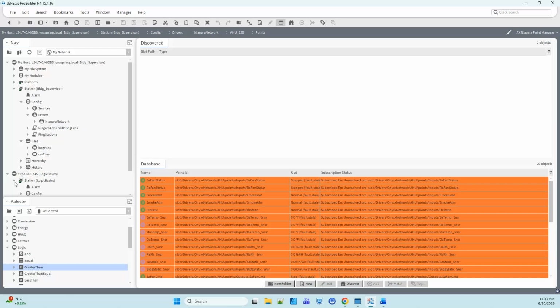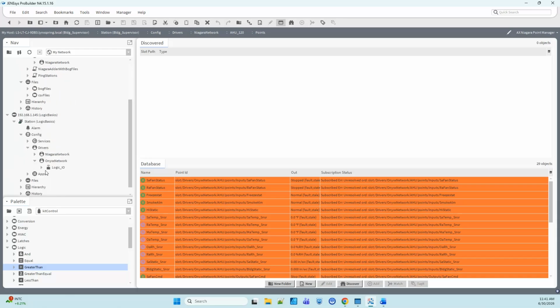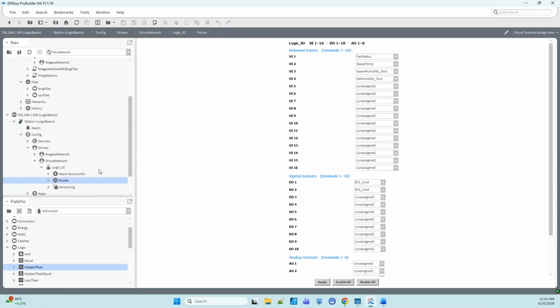Now, also when I did mention third party modules here, here's one that I created this weekend. So imagine if I have my points set up and maybe I sent this out to the field already. Well, maybe someone in the field decided that they needed to change some things. So let's say exhaust fan one is actually exhaust fan two, and exhaust fan two is exhaust fan one, and maybe the space temp and the OA humidity sensor actually need to change here. So if I do that and hit apply, and then I go to the point manager here,